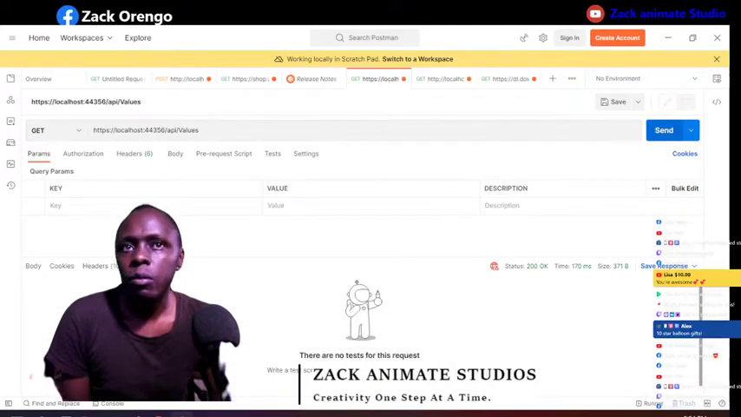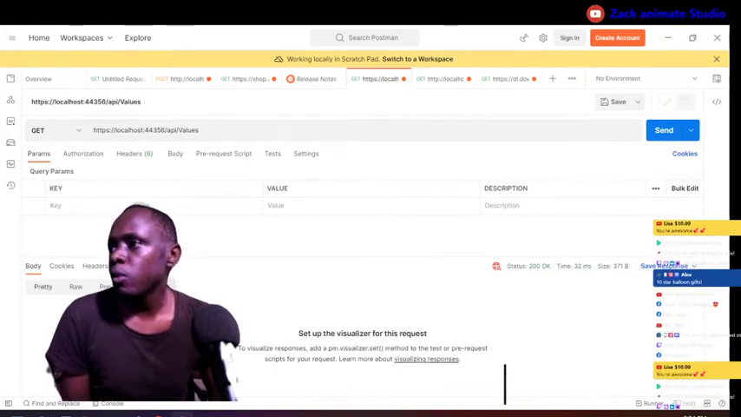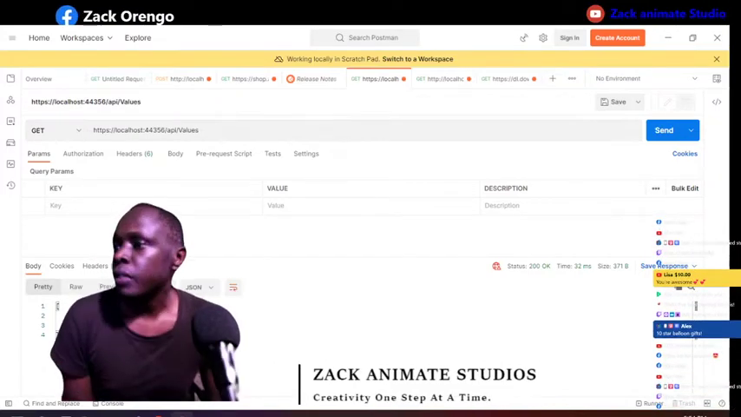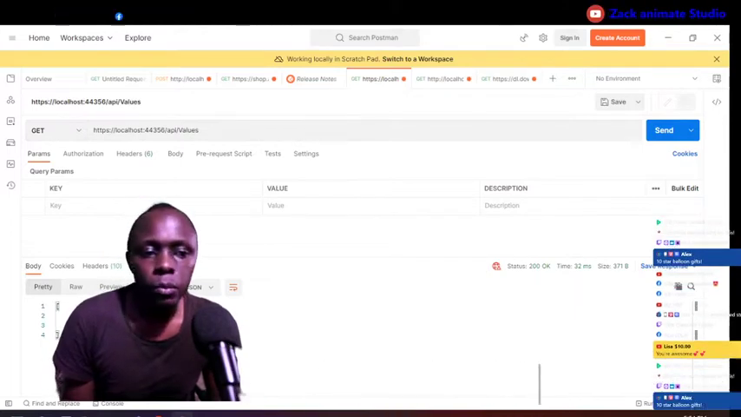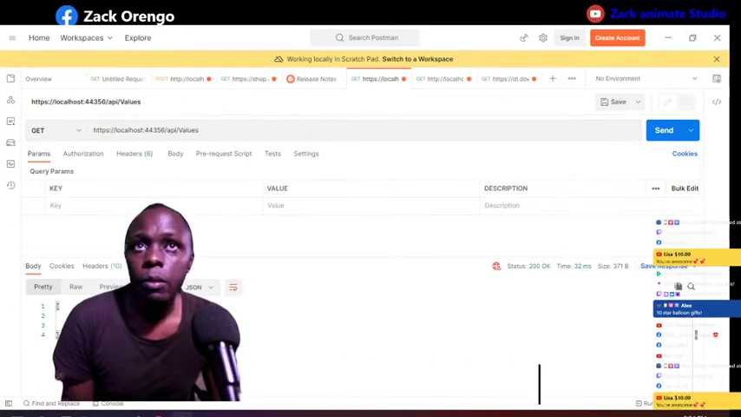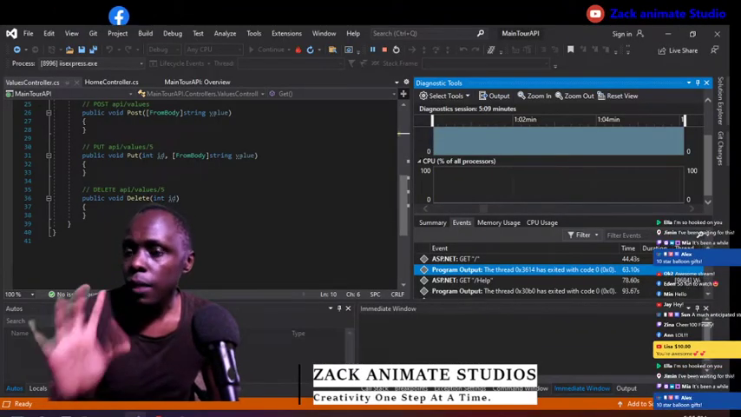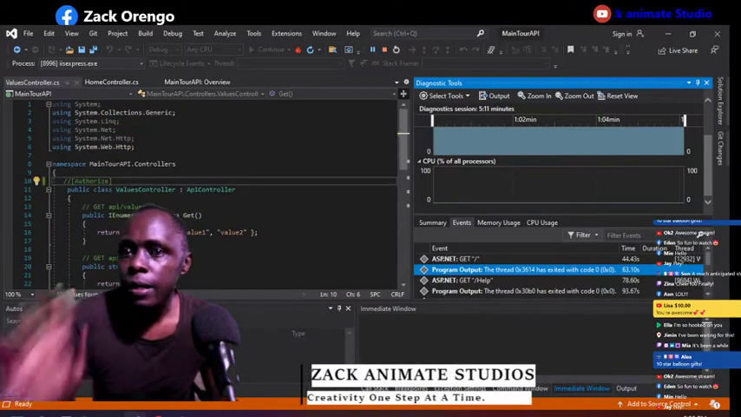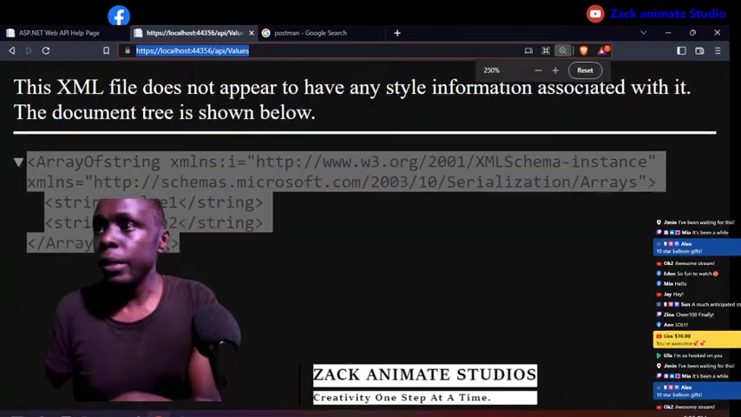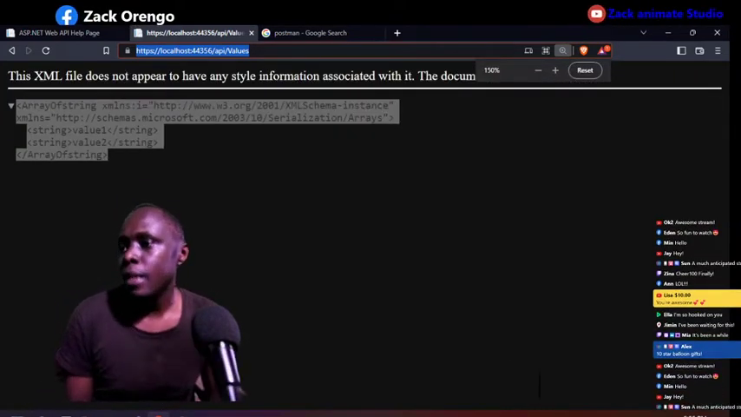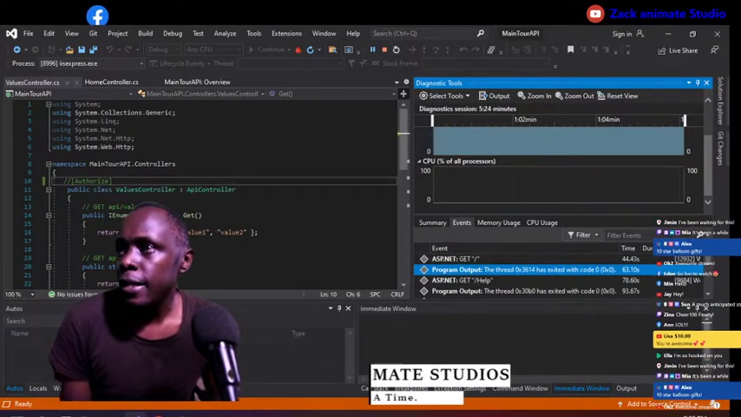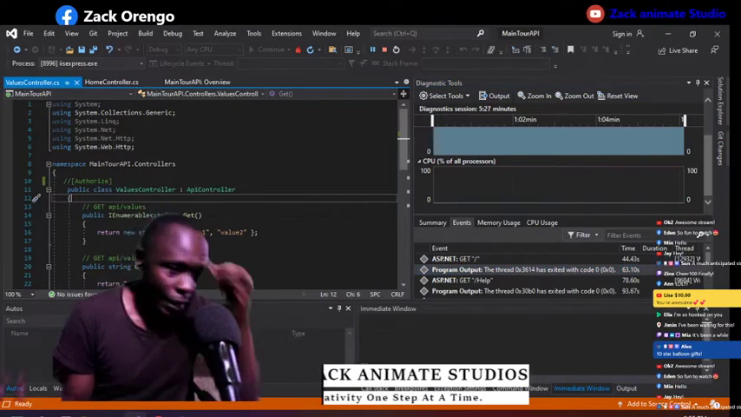Okay, so when you click on send, you'll be able to see the values of data from your API. So that is how you get data from an API, and that is the most important. Basically this data will be coming from a database. I told you we have our database of information, and basically our API will be connected to